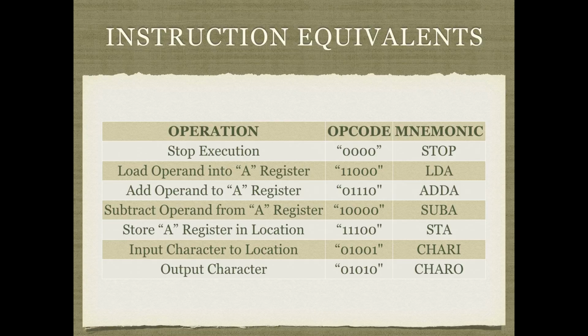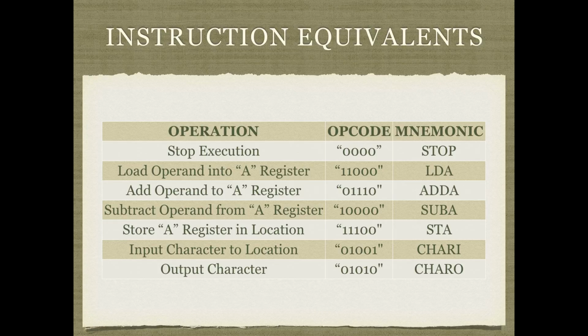We represent these as 5-bit opcodes here, even though they are technically 4-bit opcodes. The difference here being the 5th bit tells specifically that we're using the A register. So we include that here for consistency. So 1100 is the load command, and then the third 0, the 5th bit, indicates the A register, which translates to the mnemonic LDA. So again, we include all 5 bits because the mnemonic itself includes that A register dependency,